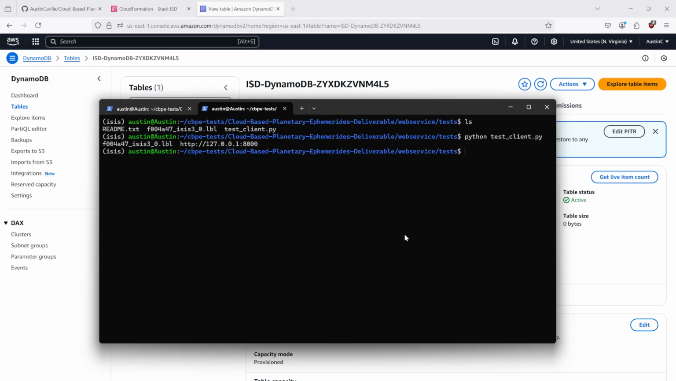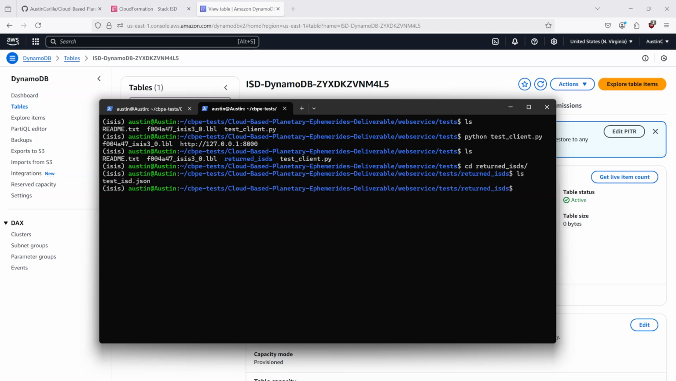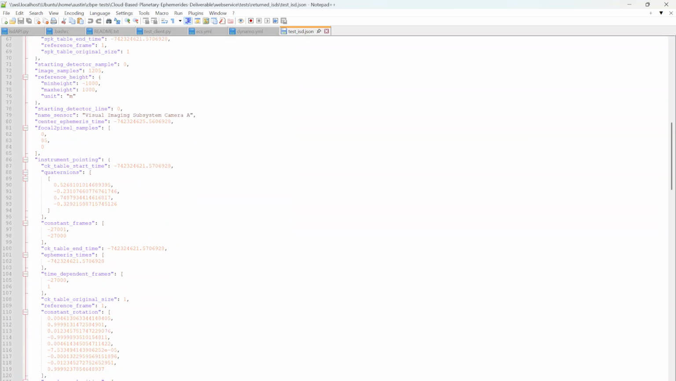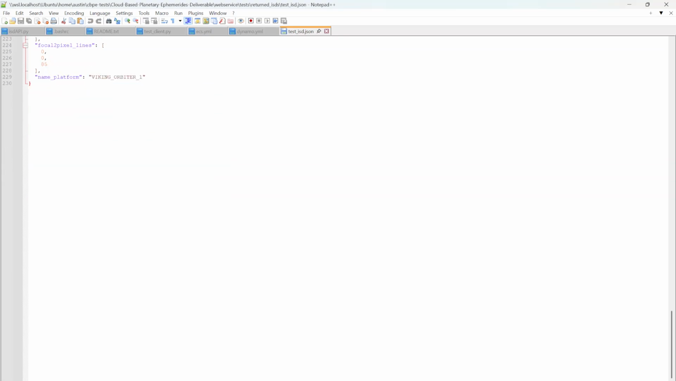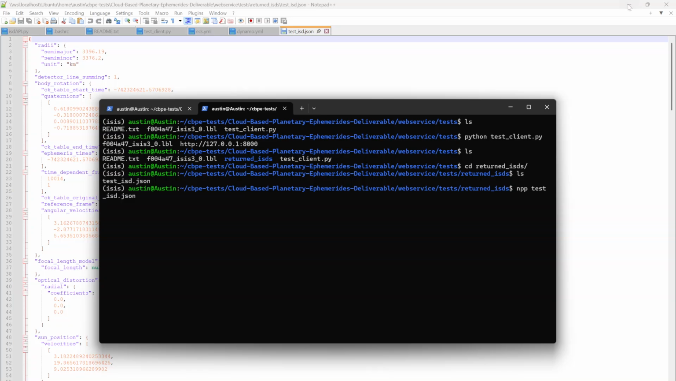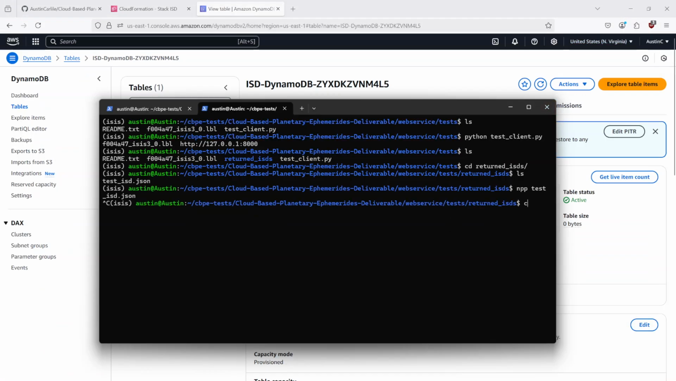So now if we go here, it generated a returned ISDs folder. So if we go in there, we can see we have our test ISD back. We'll open that up real quick. And if you look here, we have our test ISD, and it's perfect. So now, if we get out of that,